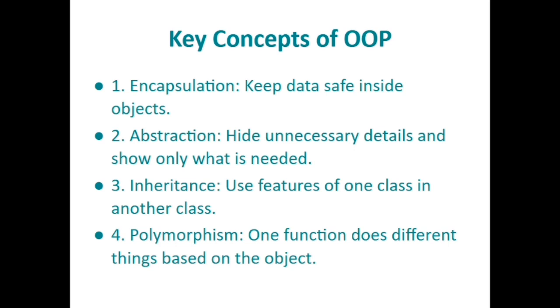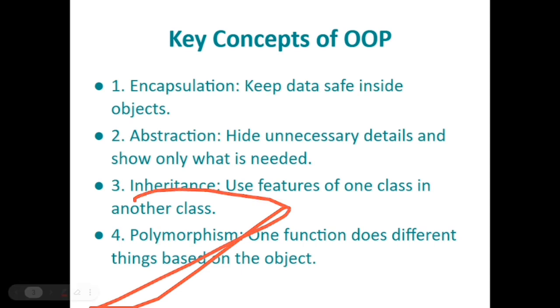And the second is abstraction, that hides the unnecessary details, the details we don't need in the classes, and only the details that we are going to use, that we need, we are going to show. And inheritance, sorry,